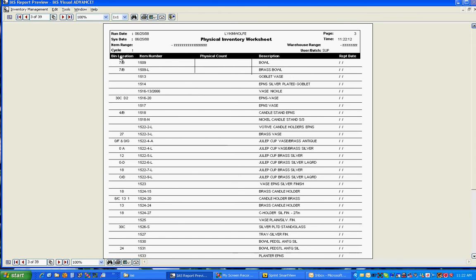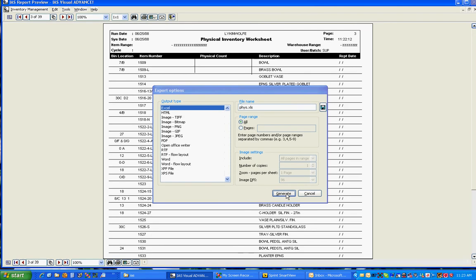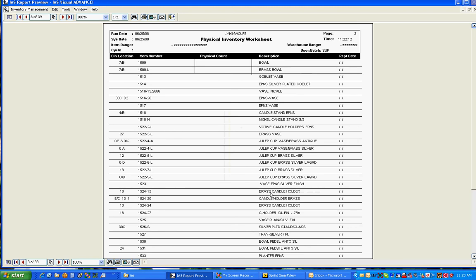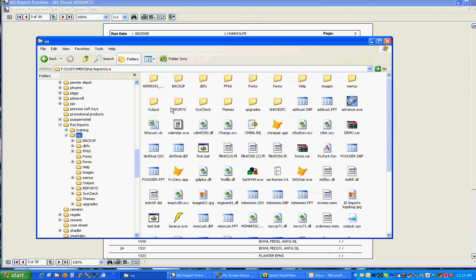Okay. Can this be exported into Excel? It sort of can. If you click out here and do an Excel on this one, I'm going to show you what has to be done in order to make that work. If I hit generate, okay, it's generated it. And if I go back out here to here,